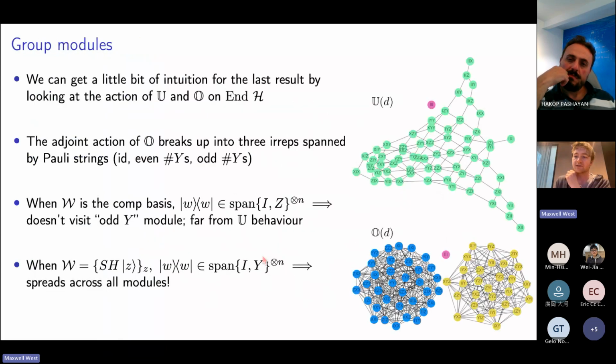Okay, so this is the last slide, I guess. This is not in the paper. I just thought of this a couple of days ago, but I think it's kind of cool. And the idea is to look at the difference in behavior that we saw with these real shadows, with the real basis, and this completely complex basis from the last slide. And so the idea is to look at the decomposition of, say, End(H), the space of linear operators on our Hilbert space, to look at how this decomposes under the adjoint action of the two different groups.